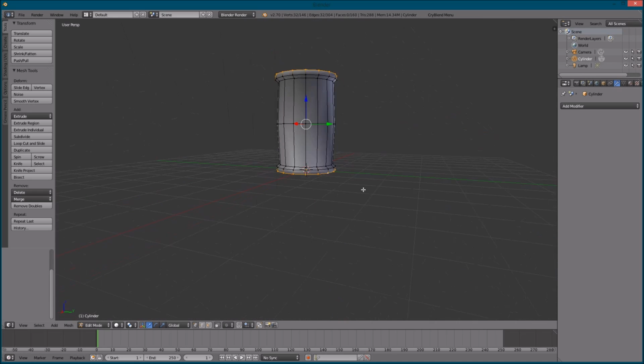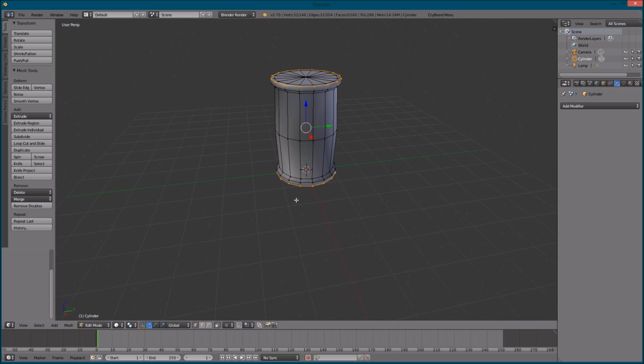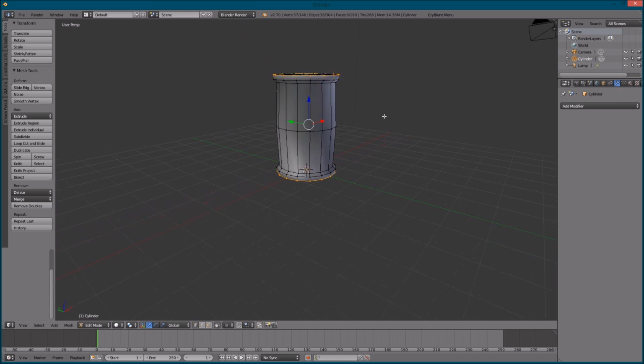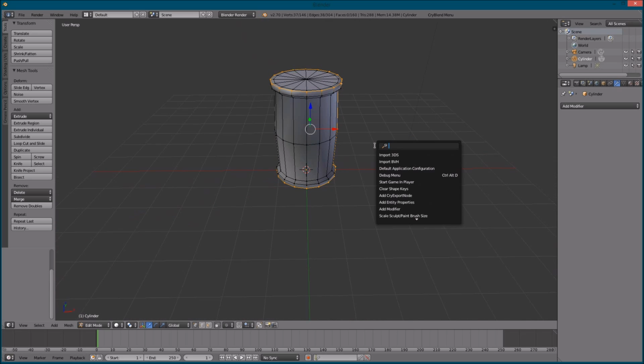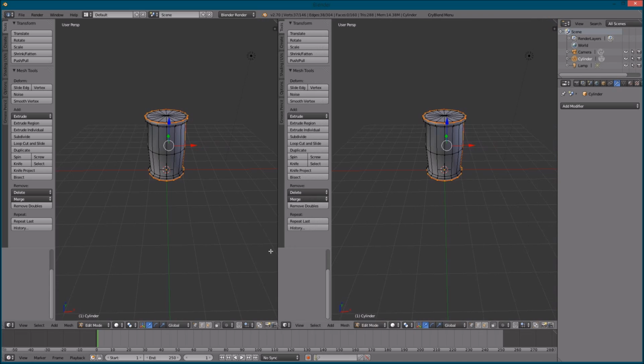And we're going to pick a side, so I don't know, let's do this side right here. And select these vertices going up, just holding the shift key. And then press space, and we're going to mark those as a seam. So type in mark, the first one there, mark seam, and that'll allow us to easily UV unwrap this, which is what we're going to do now. So press U and click unwrap. And if we did everything correctly, we should end up with a nice looking